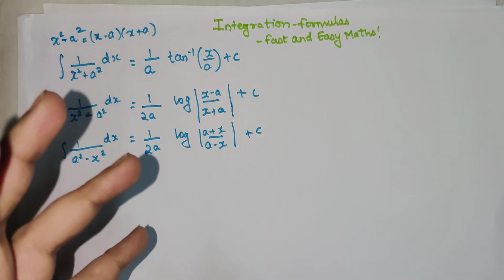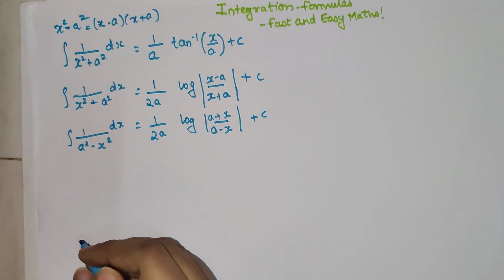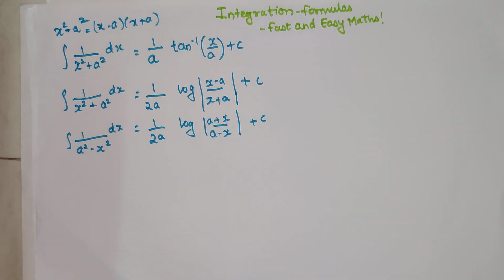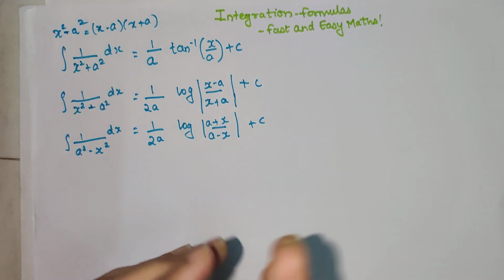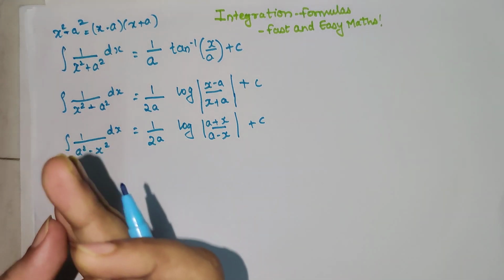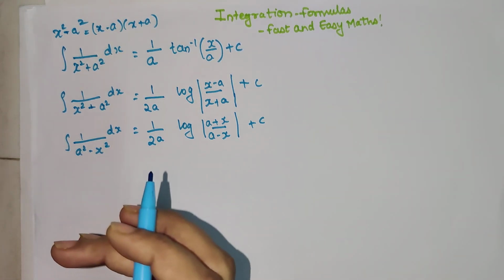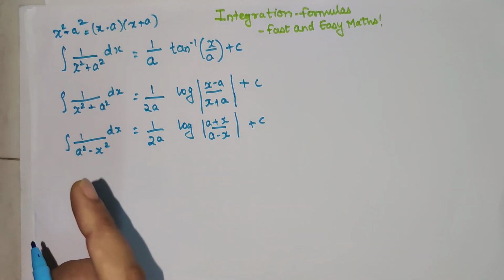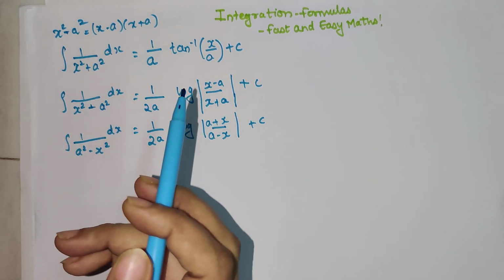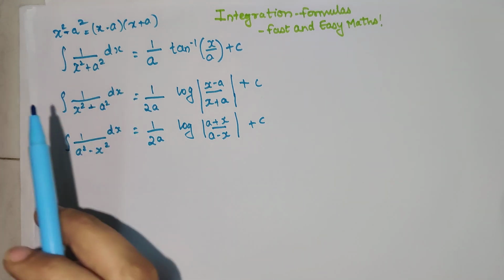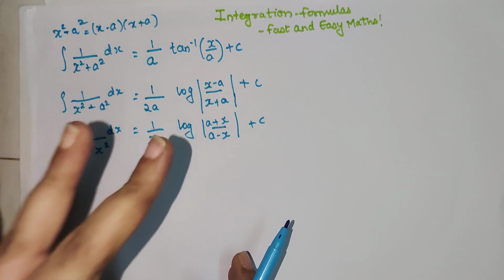In total we have 9 formulas to remember, but let's go step by step. Now please students understand, here we have x square minus a square and a square minus x square. Both of them are different. Whenever there is a minus sign, the answer will change, because 5 minus 2 is 3, but 2 minus 5 is minus 3. But here x square plus a square or a square plus x square will still get you the same result, because 5 plus 2 is 7, as well as 2 plus 5 will also get you 7. So here we are just going to deal with 3 formulas.